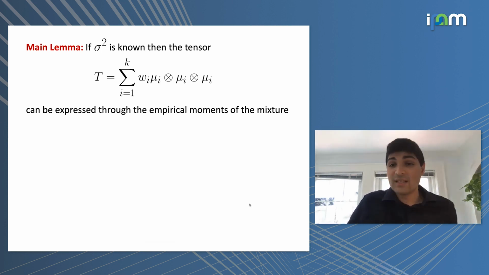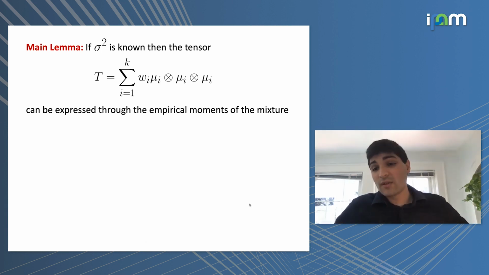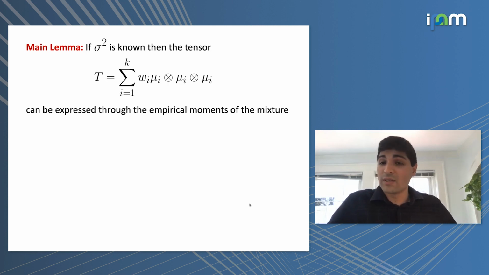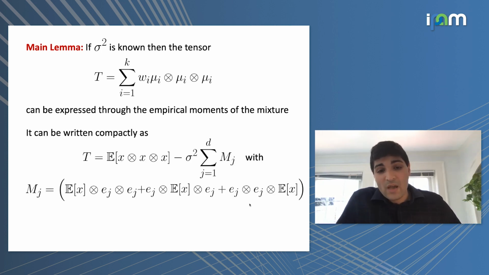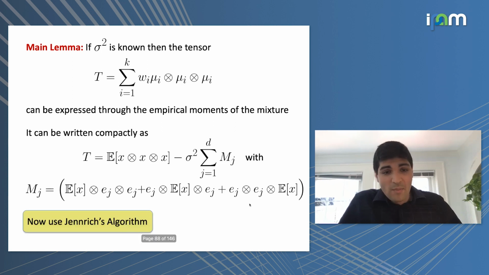So now what this means is I can take moments of my distribution, which are things that I get from samples, and figure out how to change those entries and correct them in a way that I'll be able to read off the entries of this left-hand side, this tensor T. And now I'm in business because you can actually write it more compactly in the following way, in case you're curious, and I'll put that on the slide later. But now all you do is you just use Jennrich's algorithm. That's it. And then you solve the problem of learning spherical mixtures of Gaussians.